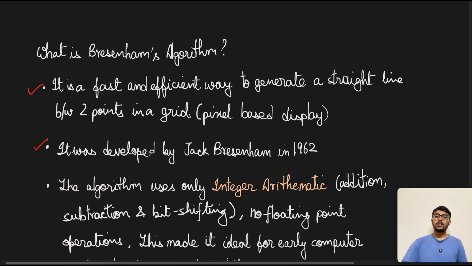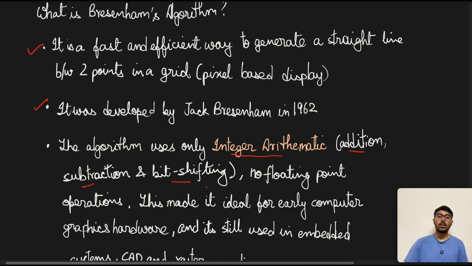The algorithm uses only integer arithmetic, right? This is something that is quite new, I'll say, because the earlier method which we have seen, the DDA algorithm, I'll put a link in the I button here, didn't use integer arithmetic, right, which caused a bit of slowness in that one. So this will obviously be much faster than that. So there will only be addition, subtraction and bit shifting, right? No floating point operations. This made it ideal for early computer graphics hardware back in those days,